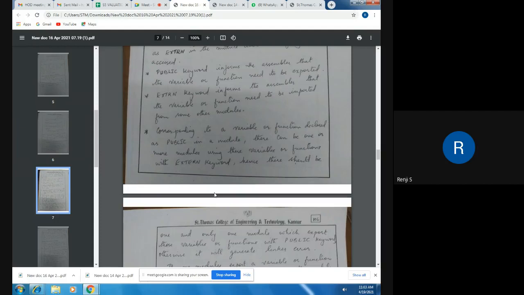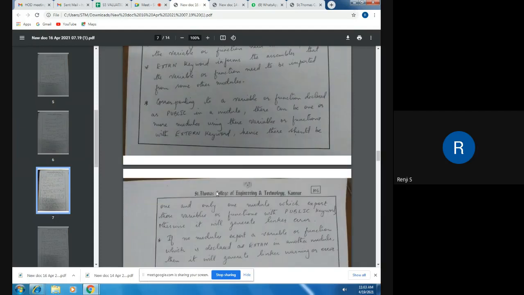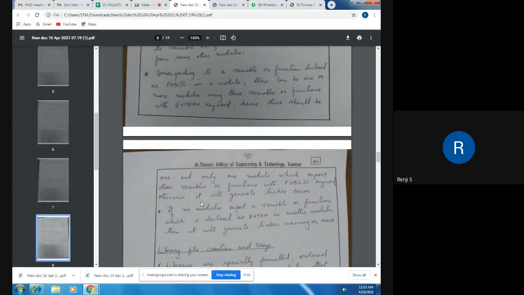And hence, if there is an external keyword in any module, there should be at least one module that declares that particular variable as public. So without public, you cannot import variables. Only if the variable is declared as public, it can be imported in other modules. Suppose in module 1 I'm telling the assembler that I'm going to use a variable from another module and I'm declaring it as extern.